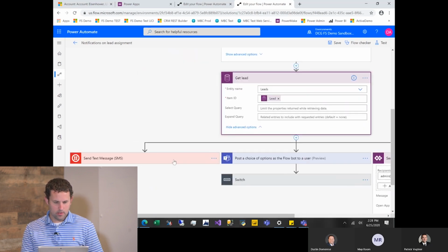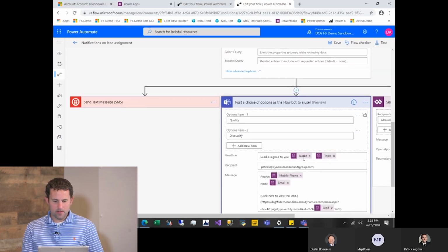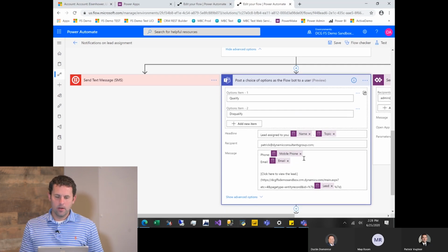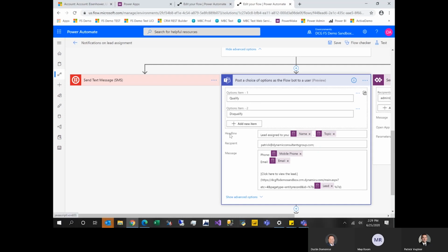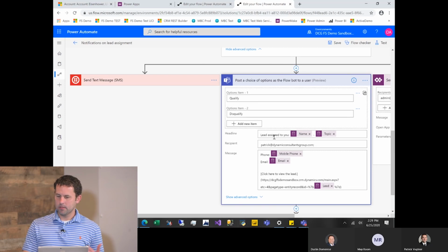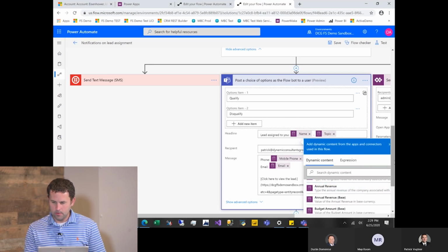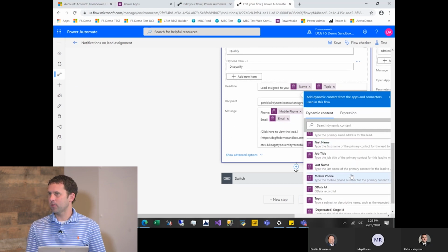And let's go down the Microsoft path, the happy path, first. So it's one card, straightforward. We give them 2 options. We could add as many as we like. This is totally configurable as long as you can identify what needs to happen on the back side of that. So 2 options, qualify, disqualify. Headline, the lead is assigned to you here. We just took these straight off of the current environment connector. See, we have here all the fields on the lead, since we have that context. Super simple. We could add anything from the lead there.